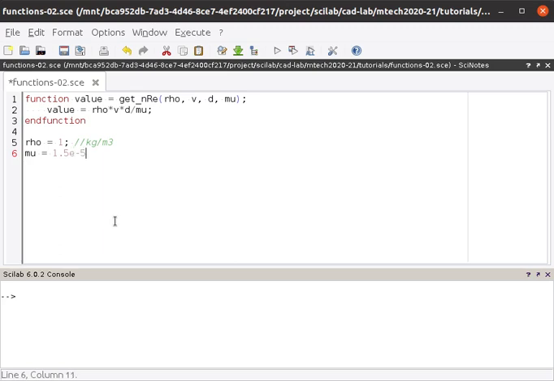So power of 10 is written with e, it means 10 to the power. And then its unit is, these are just comments, this is for your help, it will not do anything in programming.